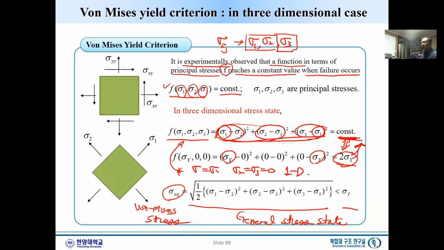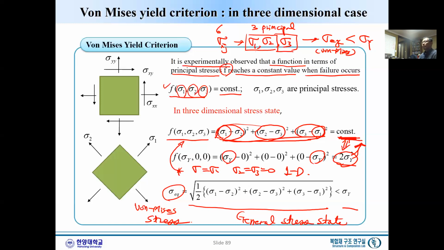So in other words, let's say you have 6 components of a stress. You get the 3 principal stresses, and then from this you get the sigma equivalent or von Mises stress. And again, now you have a single number, and this has to be less than yield strength. Okay, we had difficulties when we compared all these 3 components of a 6 with the sigma yield. That was not easy, but now we have a von Mises stress, one single number, and it can be compared